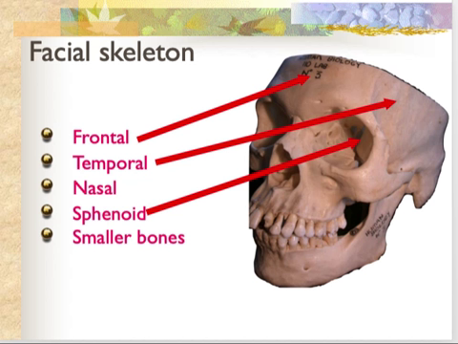And the last important one here that I want you to do a little homework on is the sphenoid bone. The sphenoid bone is the bone that actually has the pituitary fossa in it, and it sits deep at the back of the orbit and makes up most of the middle cranial fossa. So let's now move on and look at some imaging and see if we can see some of these key